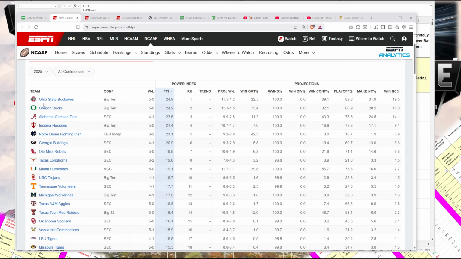The way to interpret it is this: Ohio State, FPI is 24.9. If they were to play Georgia on a neutral field, that's 24.9 minus 20.9. That's a difference of 4 points. Ohio State's 4 points better, and therefore the better team is favorite, minus point spread. Ohio State minus 4 on a neutral field. If Ohio State's playing at home, 3 points home field advantage. So then that's